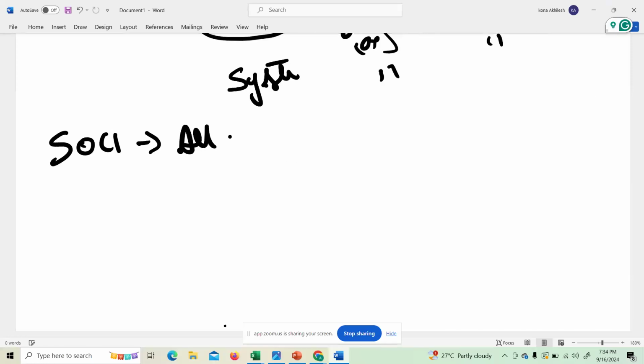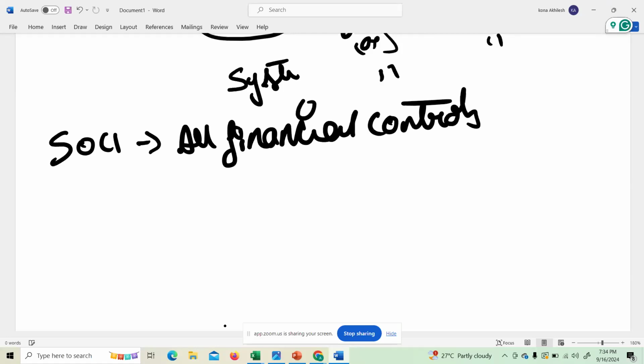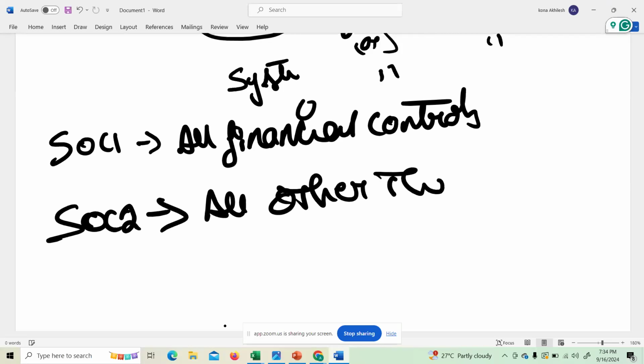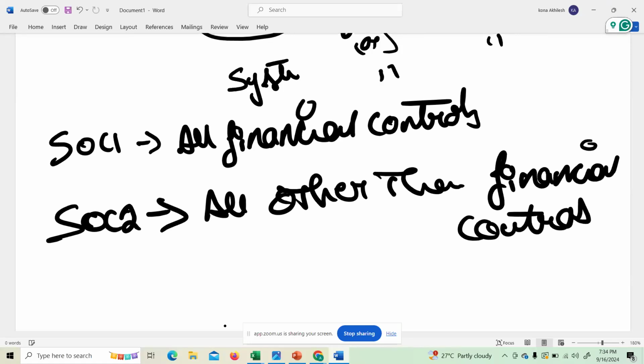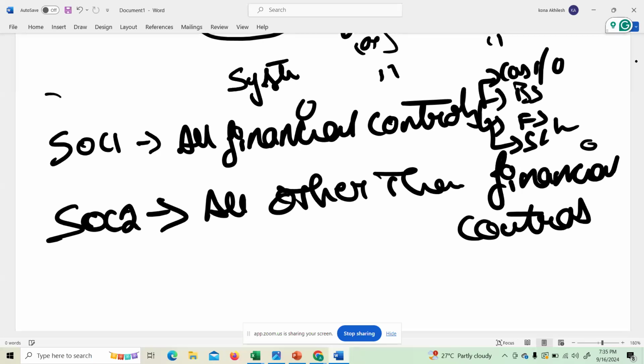SOC 1 will deal with all financial controls. SOC 2 will be dealt by all other than financial controls. Financial controls means cash inflow, outflow, balance sheets, financial statements, share prices and equities, everything comes under SOC 1.